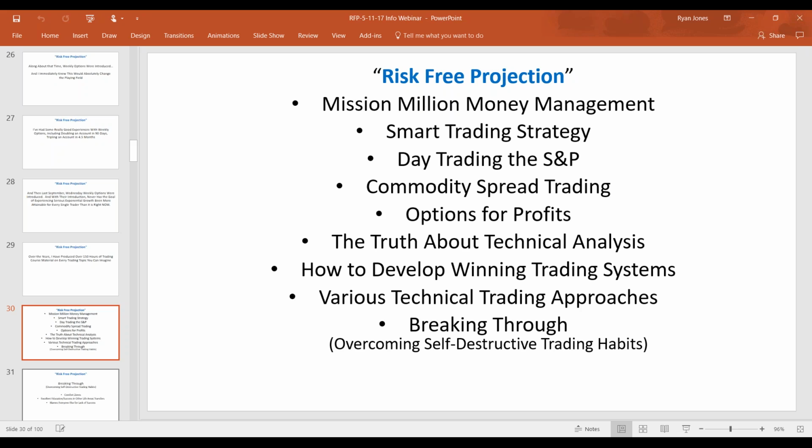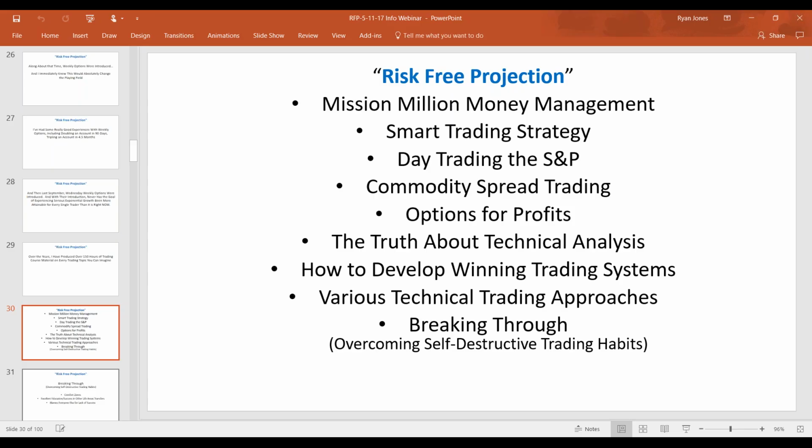And then there's a smart trading course. That was something I produced back in the mid-90s, and that's where the trade in the heating oil and crude oil came from. That's what I called a smart trade. There's a long, about a 10-hour course on that. Then I had several courses on day trading the S&P, and day trading the S&P is how I grew the contest account